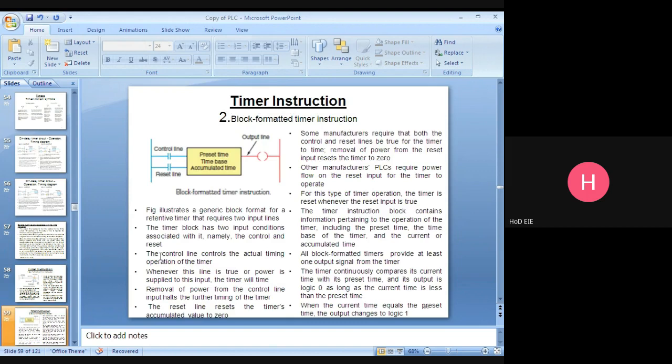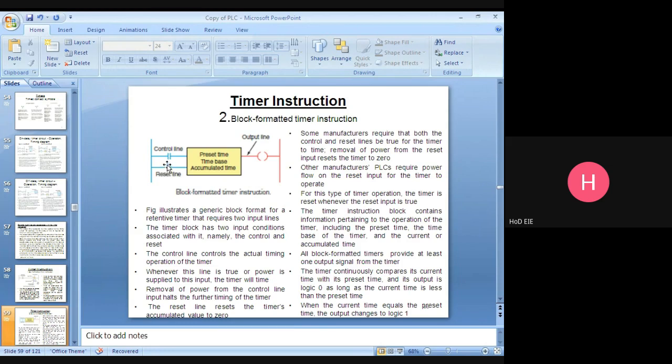Okay. This one is the block formatted timer instruction, another way of representing this instruction. This one is the block. Here lines will be there. This one is the control line. Control line means that when this contact is closed, only then will this be energized. When this contact is open, this instruction will be de-energized.